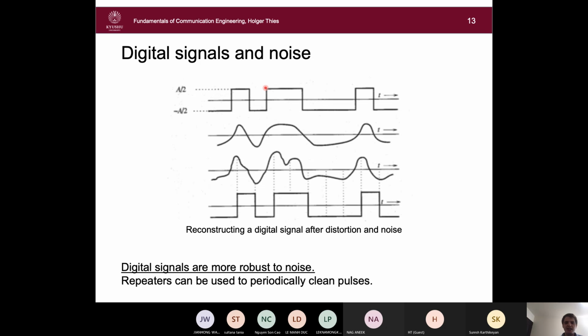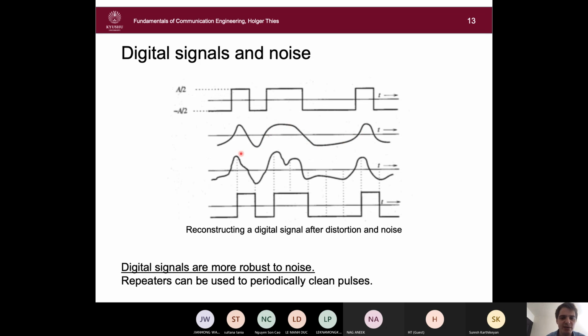So what then happens? There will be some distortion first. If we try to send this digital signal through the channel, there will be some delay in sending. When we send the signal, the channel will not respond perfectly. When we go from -1 to 1, or from minus the amplitude to plus the amplitude, it will take some time for the channel to respond. And if we go back, it will also take some time. So we will get a waveform like this.